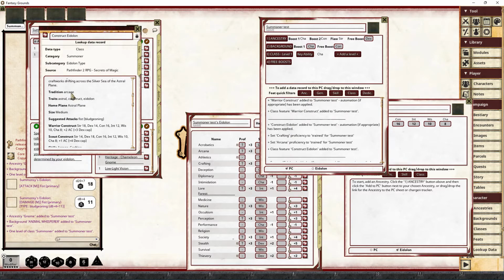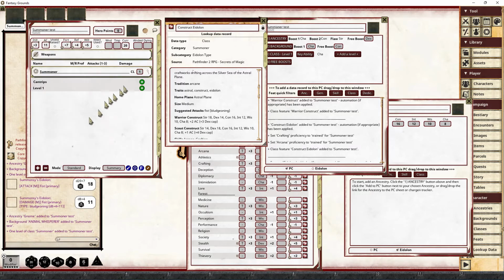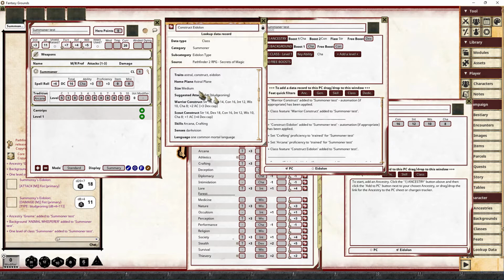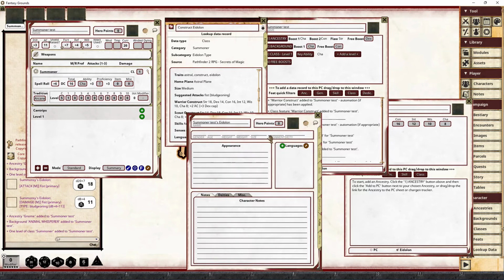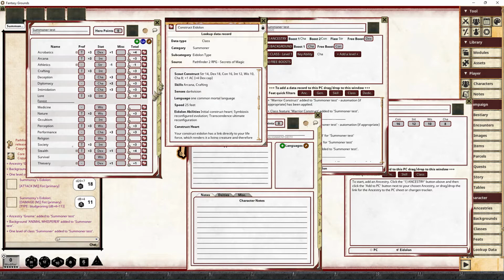It's arcane tradition, so we can just double check that on the summoner that has been created: an arcane summoner spell with 5 cantrips and 1 first level spell, so that's been created, that's good. Size of medium, so the construct, we just need to set them to size of medium. Like I say, this will be automated in a future release, but just for now we have to do that. Suggested attacks bludgeoning, we'll come back to that. Skills arcana and crafting, they did get added